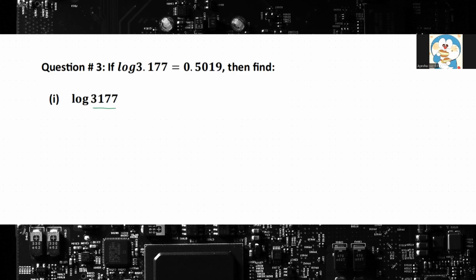So if we want to find the log of this number, what we have to find out first is the characteristic, right, and then a mantissa. So the characteristic of this number would be like this. I'm just using this space for my rough work. I'll write this number in scientific notation. I'll write it like this: 3.177 multiplied by 10 raised to power 3, right? So the characteristic of this number will be 3 plus, and now after scientific notation, this number has become like this, 3.177,